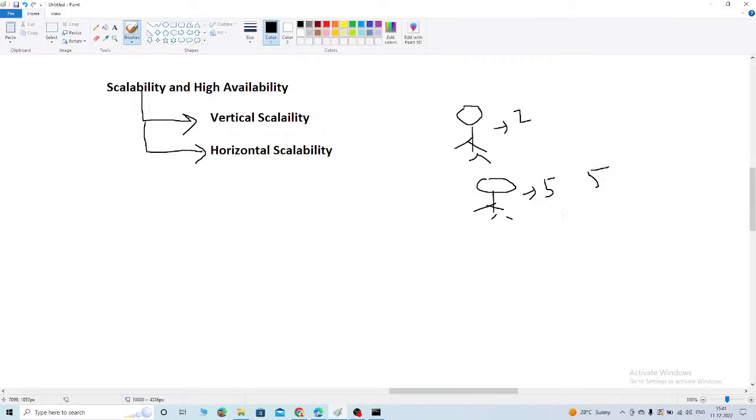We have just optimized our work. That means we have hired a more experienced person. That means vertical scalability simply means increasing the size of the instance. Let's say right now you're using the T2.micro machine type. Now vertical scalability means you're shifting to T2.large,